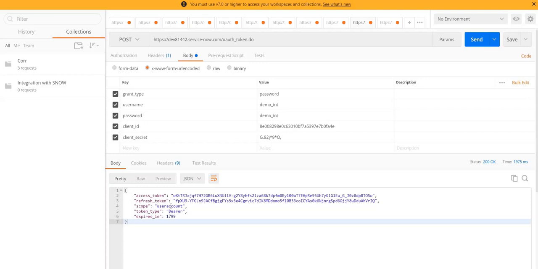So when the communication begins for the very first time, we can simply use the combination of username and password, and as long as the refresh token is valid, we can use that refresh token to generate an access token again. Let's see how we can do that. So I will copy this refresh token and I am going to uncheck username and password, and my grant type would be refresh token,